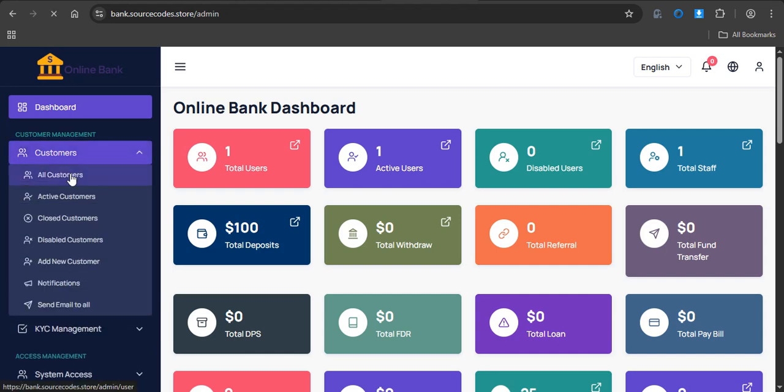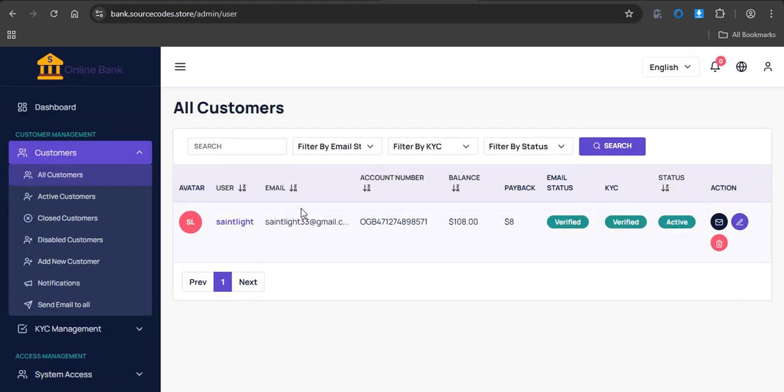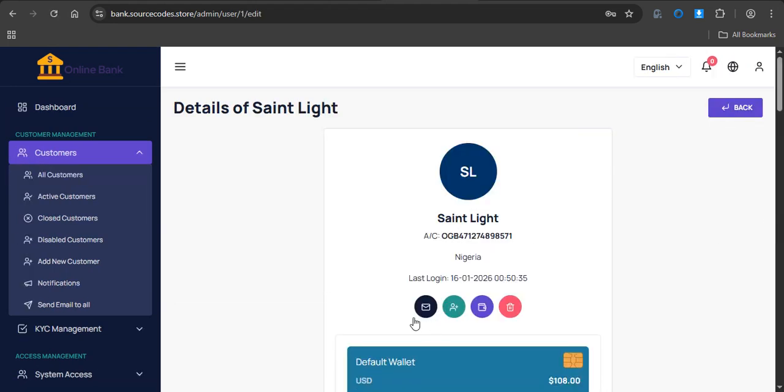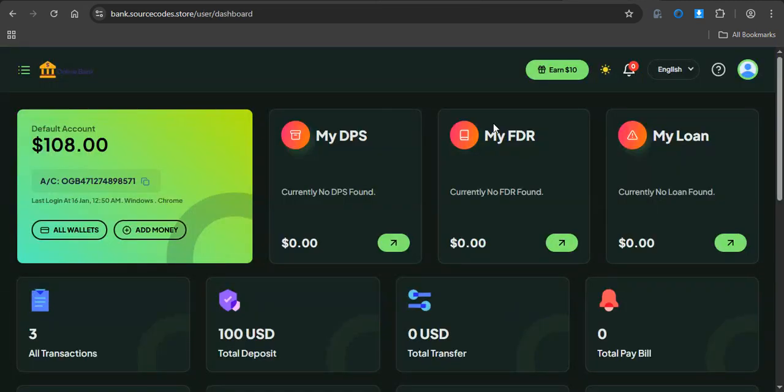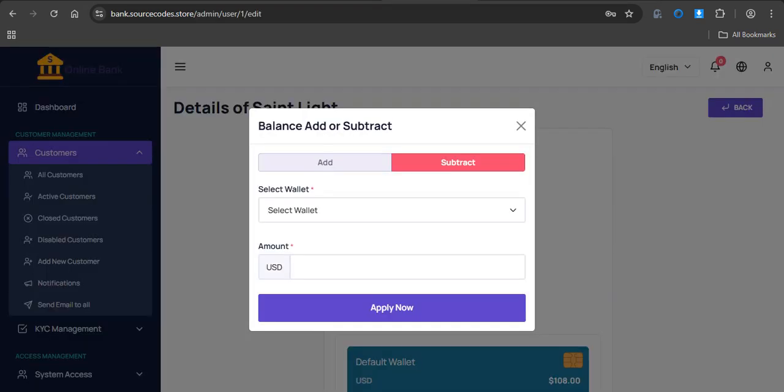This is where you see the list of all your customers. You can see there's just one customer. You can view a customer here, send a customer email, log in as a customer, and add funds or remove funds. Now this person has $180. Let's remove that $180